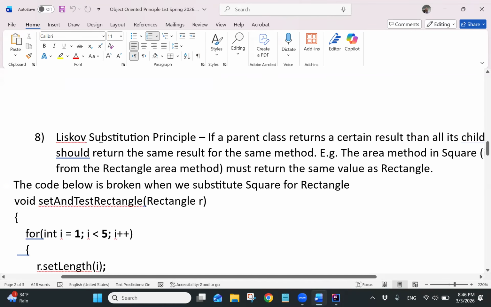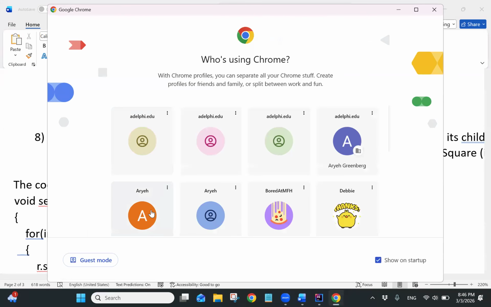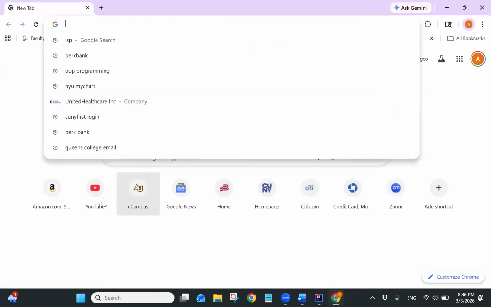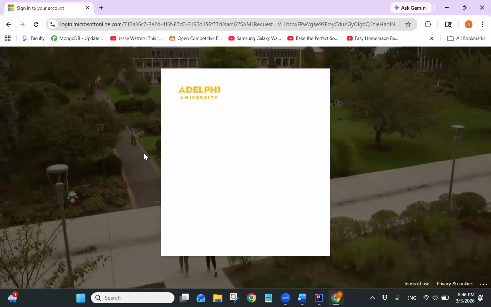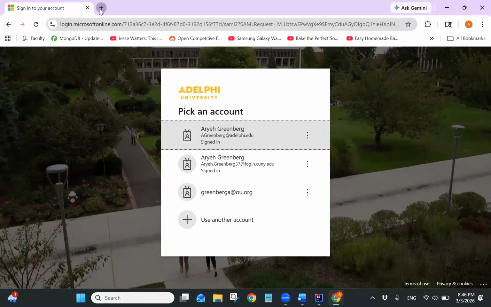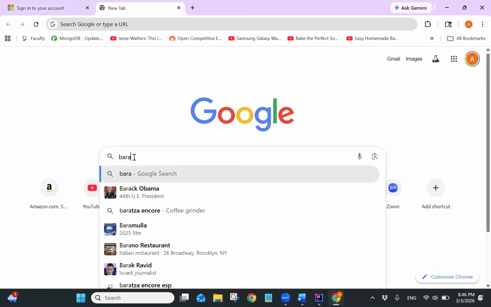Now, Liskov happens to be a lady, and her first name is Barbara Liskov, and she's actually a professor at MIT. She's still alive. I think where is this? I don't know why it went there. So if you could look her up, you could see a picture of her. Barbara,